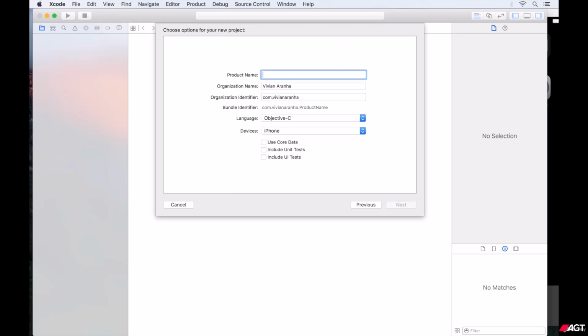Next, let's give this project a name. I will call this app My Instagram app. Organization name, you can give your company name, or if you don't have one, just give your name. Next, we have organization identifier, or something we call reverse domain name. I have my website vivinarana.com, so reverse of that is com.vivinarana. You can just give any name, like your first name dot last name and it will take it. We provide all this information just to create a bundle identifier, which should be unique for every app in the App Store. So if you see here,